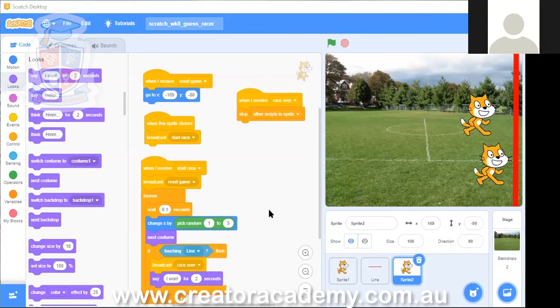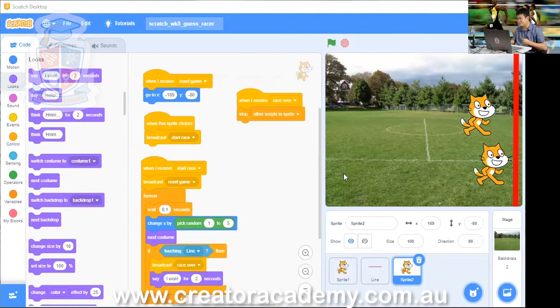So sometimes, in racing it's called a dead heat, which means that they both won at the same time. So that's totally fine. Okay. Well done. That's never happened to me before, but with the way we've coded it, it is possible for it to have a draw. Well done.